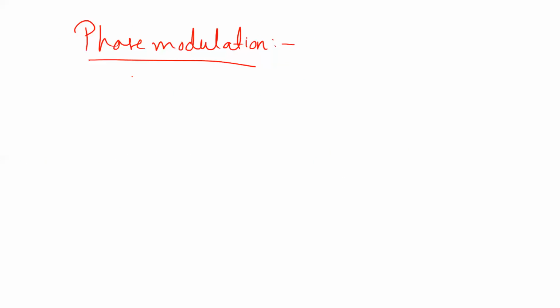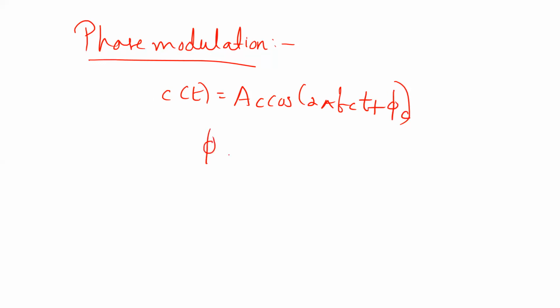Right? So what happens is, imagine I have my C of T. Normally we should write C of T as this, if you remember. But now there will be plus phi, the phase, added to that. So in phase modulation,